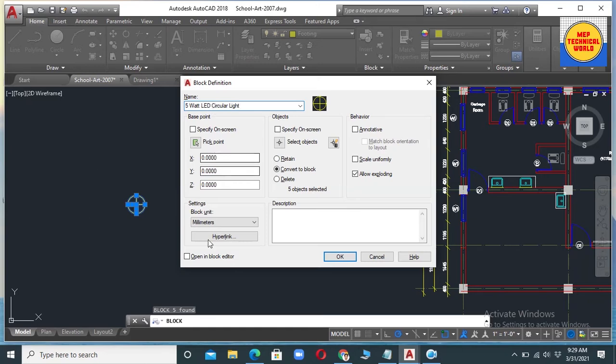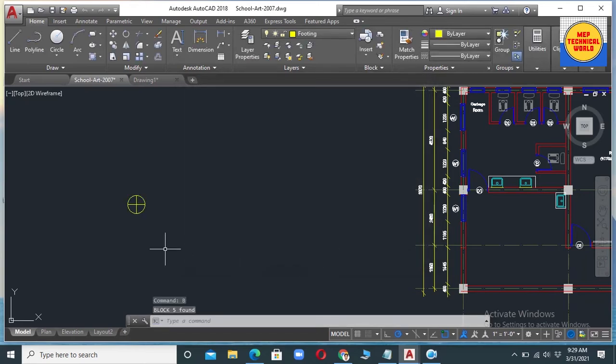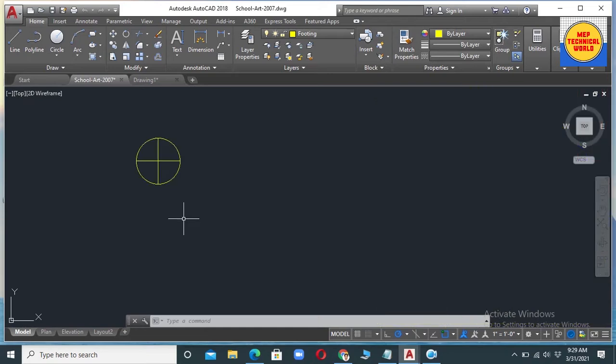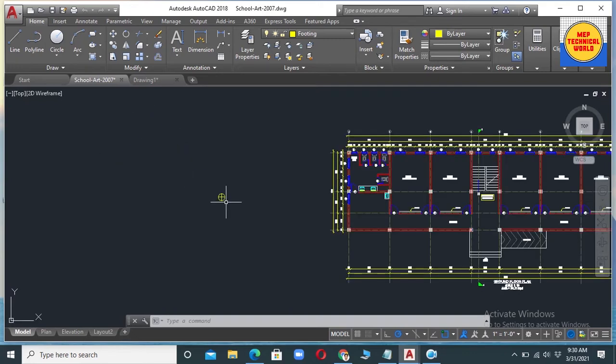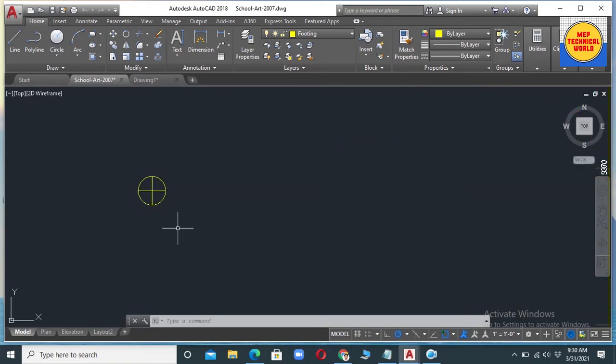Okay, so here I have given the name of this block. Okay, and now finally click on OK. Now this light is converted into a block. Previously it was multiple objects like a circle and lines. Now this whole light becomes one object, which is in one block. Now if we want to select the object, by one click we can select this whole